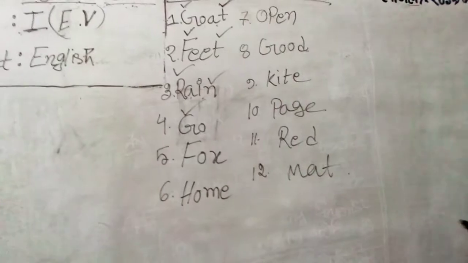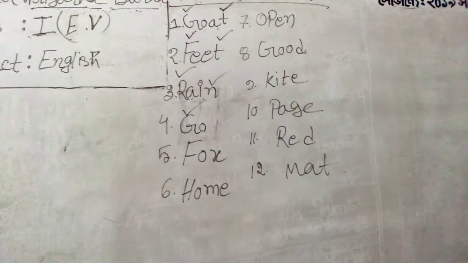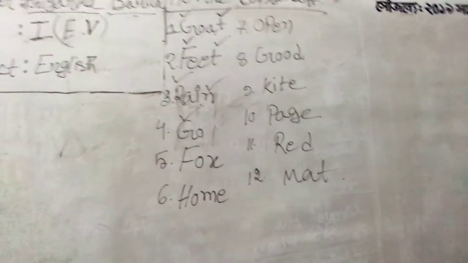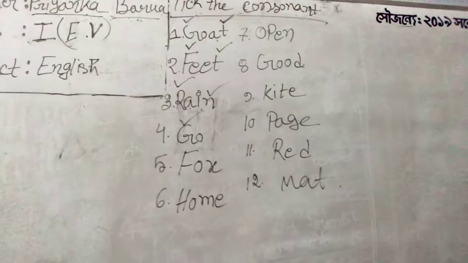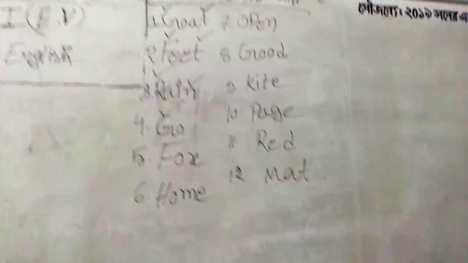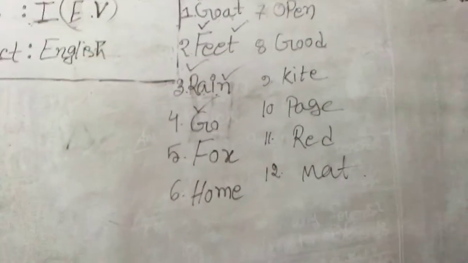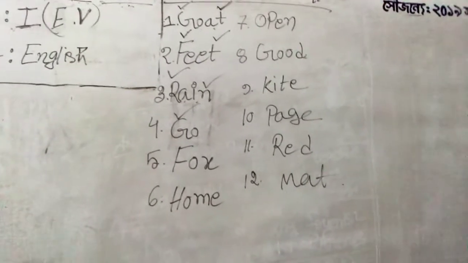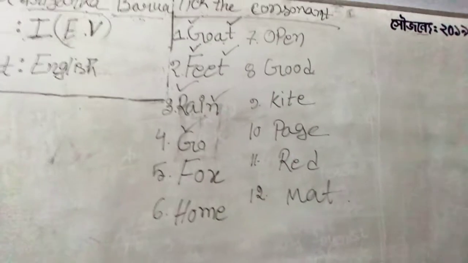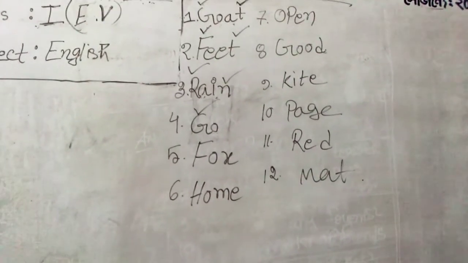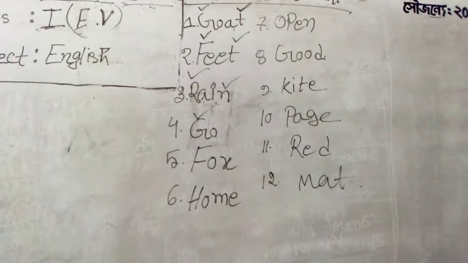Now moving forward, now coming to the number 5, that is the next one. So the next one is here, the letters are F-O-X. Can you see on the board? F-O-X. Please write the words down and please practice the words with me. So F-O-X, it makes fox. Fox is also an animal and it's the most cunning animal.